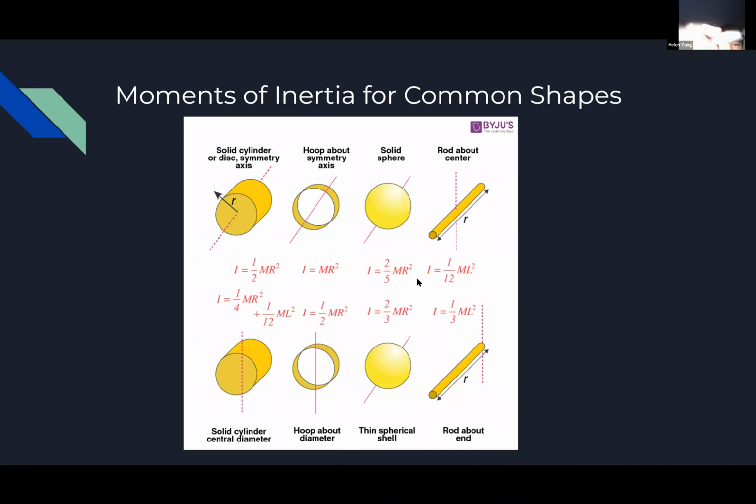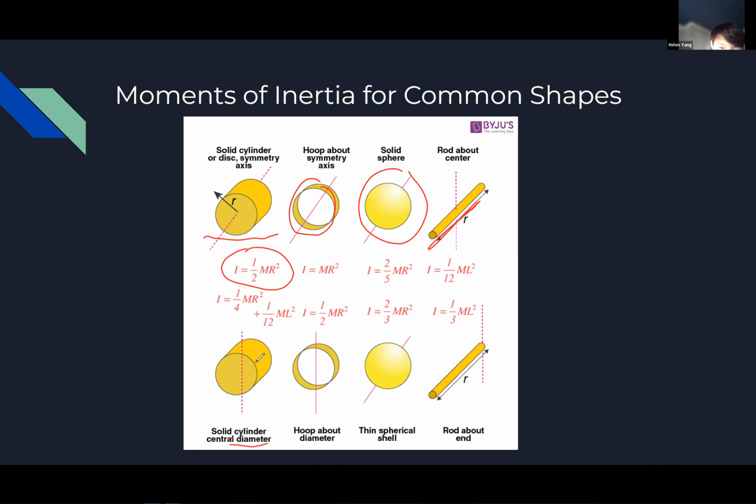So these are also some common shapes for moment of inertia. For a solid cylinder or disk here, the moment of inertia would be 1/2 mr squared. For a hoop, it would just be mr squared. For a sphere, it would be 2/5 mr squared. For a rod about its center, it would be 1/12 ml squared, where l is just the length. Then for a solid cylinder,